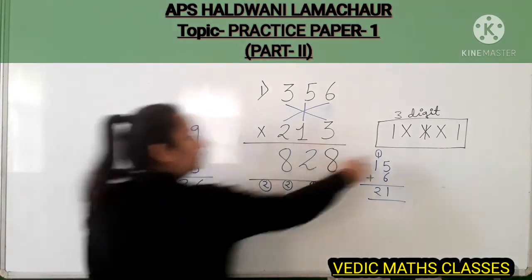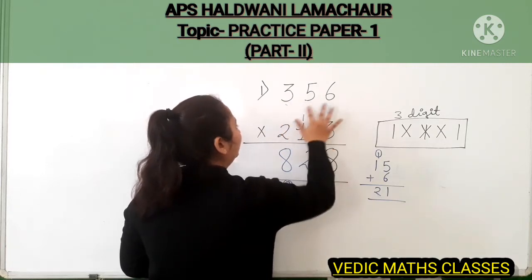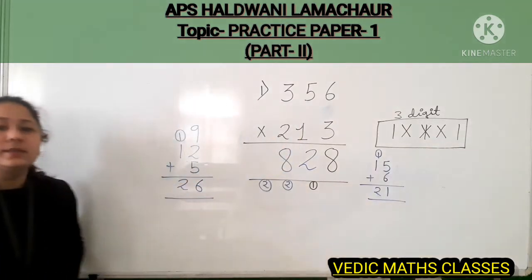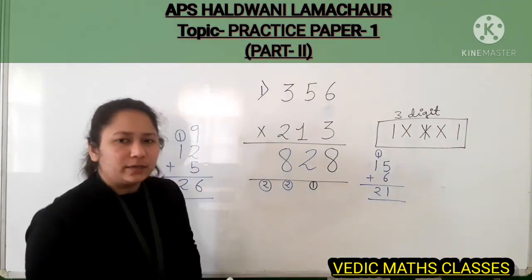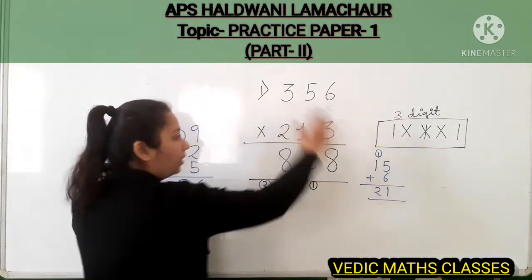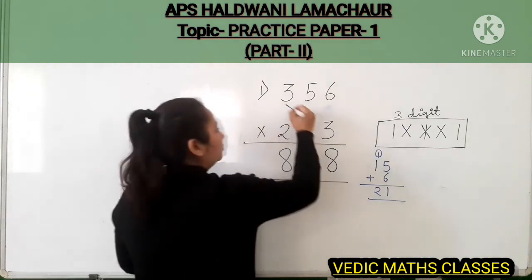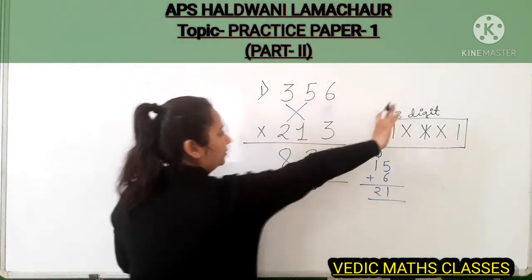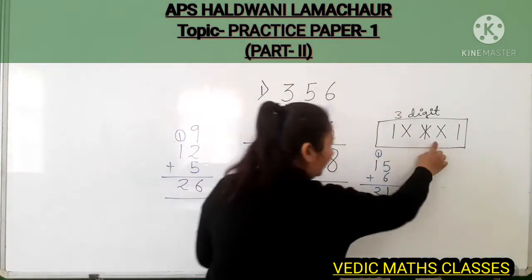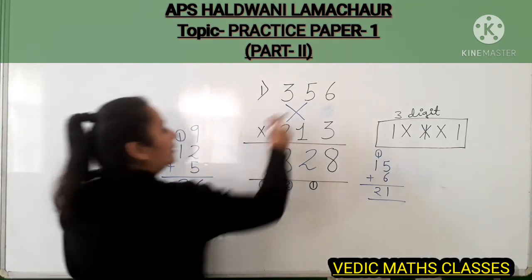Now after 3 multiplication, you can see after 3, back counting of 2. Now kids, first of all, we started our calculation from the right hand side. So we were taking the numbers from here. Now in back counting, we will take the numbers from the left hand side. Means these two we will leave. In back counting, we will take the numbers from the left hand side. Now add them.